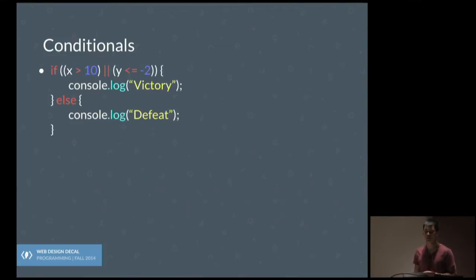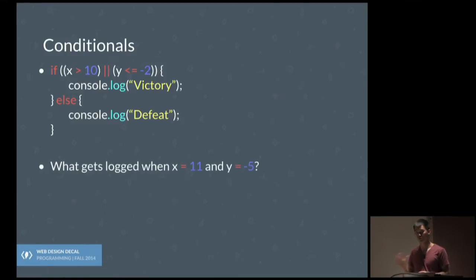So this is what it might look like within actual code. I'm just going to quickly speed up because I sense that I'm running low on time. But basically, here in the if conditional, where the parentheses are, you have where the Boolean should be. And indeed, when you make sense of all of that, that actually does become a true or false value. Is x greater than 10, or is y less than or equal to -2? And you can see that for certain values of x and y, that's either true or false.